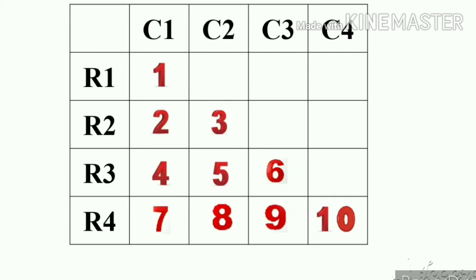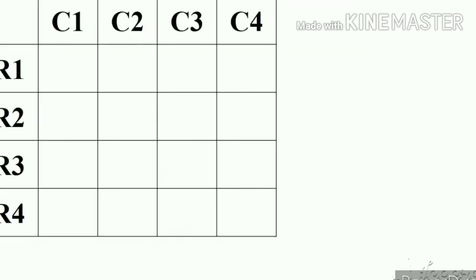So here we have to take two loops, one for counting the number of lines in the form of rows, and another loop inside the row loop, which is for the columns, to print the numbers. So let's understand how we have to use the logic.